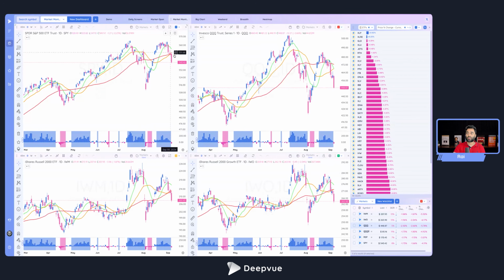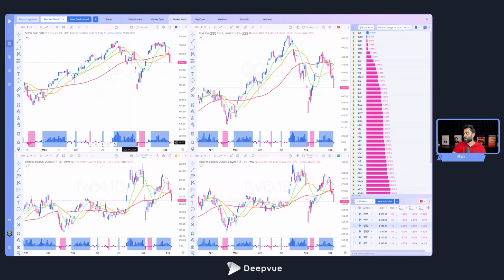At the moment, indexes are all below the major key moving averages. We've seen breadth shrink, and the amount of setups is low. We want to be cautious, things of that nature. I will cover that on the TraderLion side tomorrow when I publish my weekend routine blog post. Okay, so